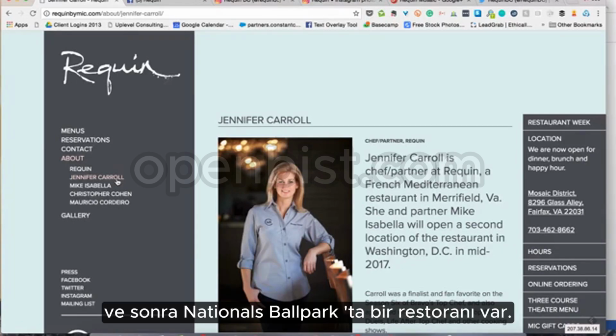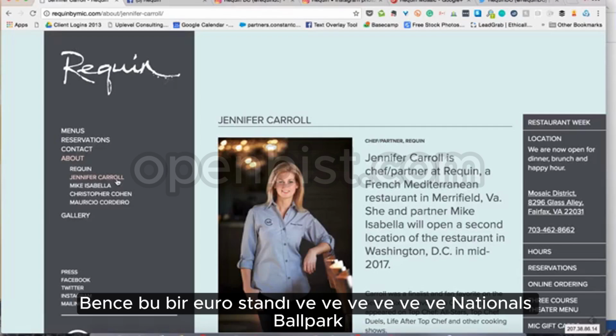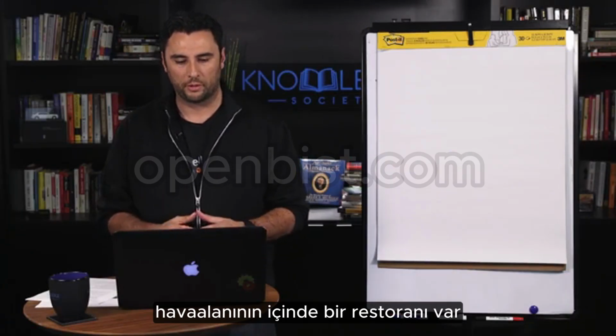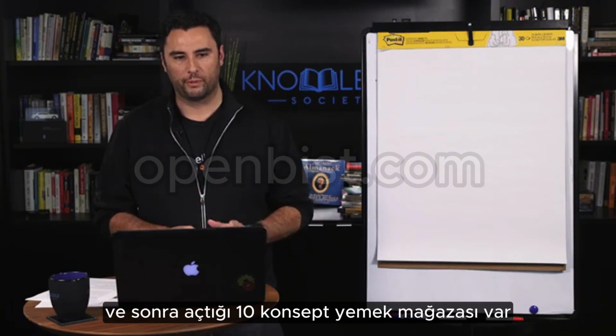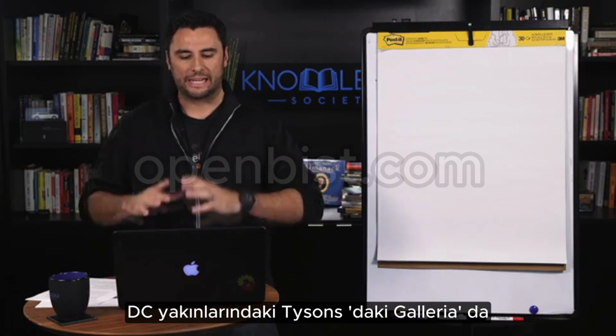And then he has a restaurant in the Nationals ballpark. And then I think it's a Euro stand in Nationals ballpark. And then he's got one in Dulles Airport. He's got a restaurant inside the airport. And then he's got a 10-concept food emporium that he's opening, almost like an upscale eatery, in the Galleria